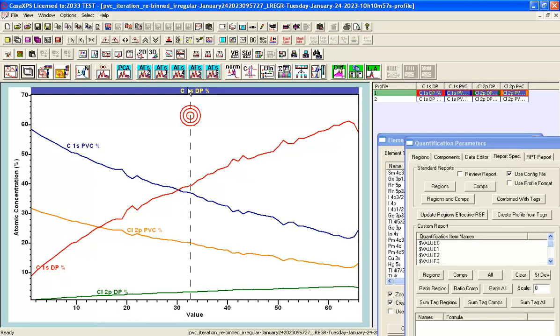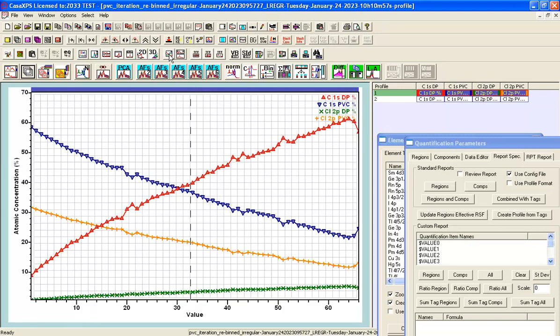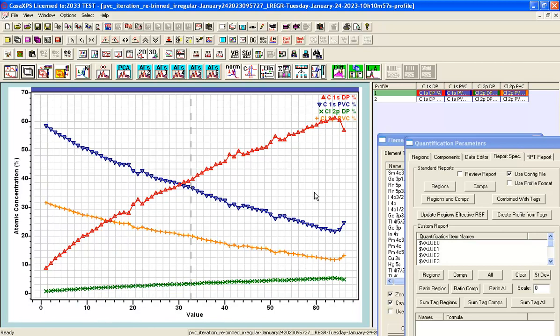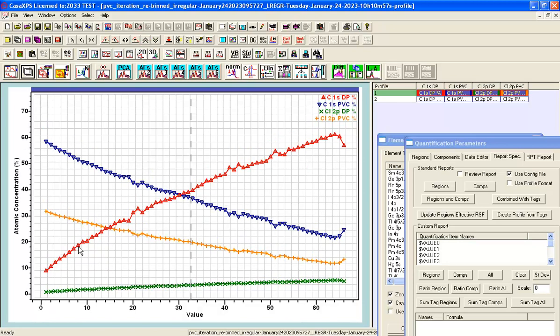But there are some tricks that I can also demonstrate now that we've got a profile, is that there are additional toolbar buttons on the display toolbar that will help display profiles. So for example, if I wanted to add points and some information as a key, then that is achieved by pressing this button here. There is a button next to the display of the profile button that just gives a little adjustment to the limits so that we get to see the profile in a little bit more detail, and